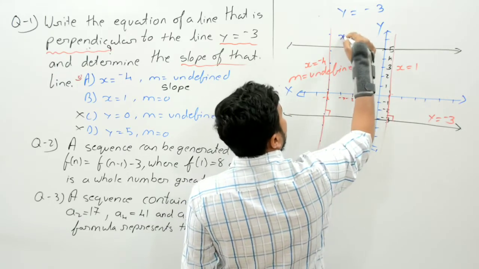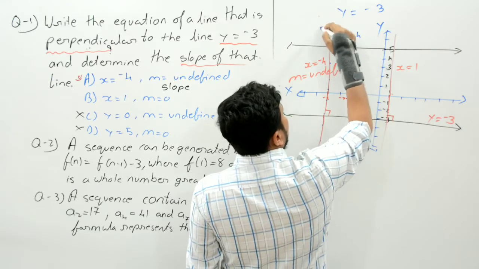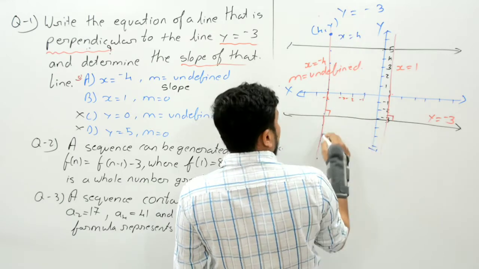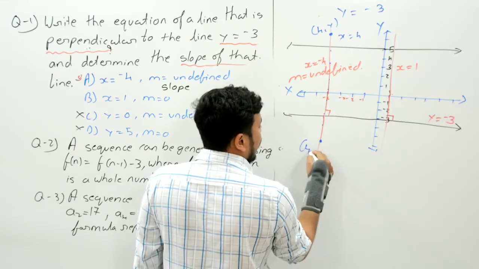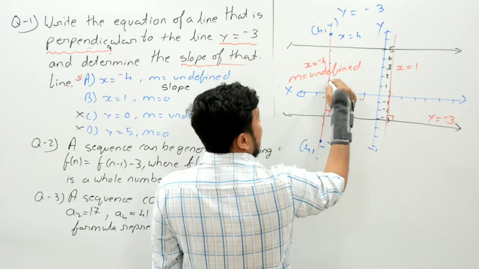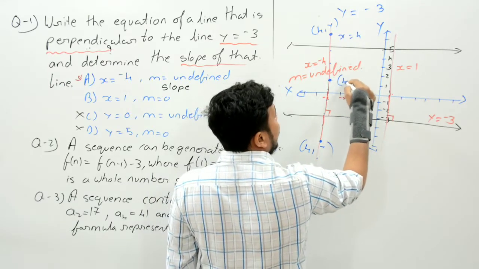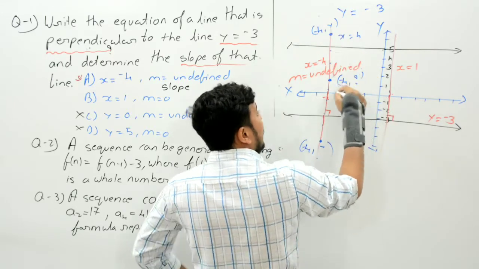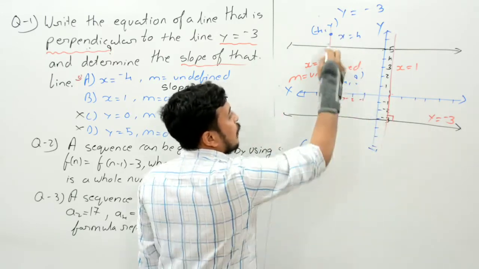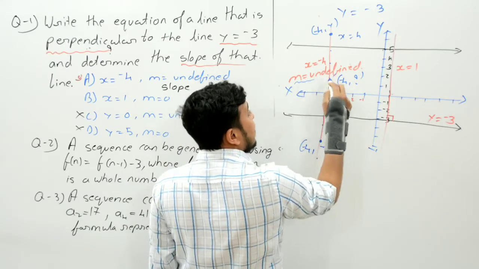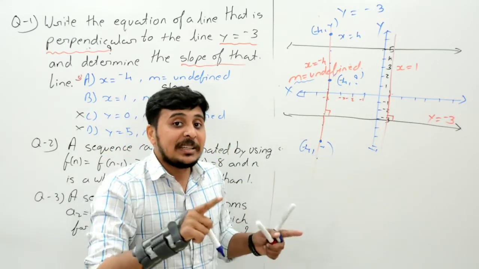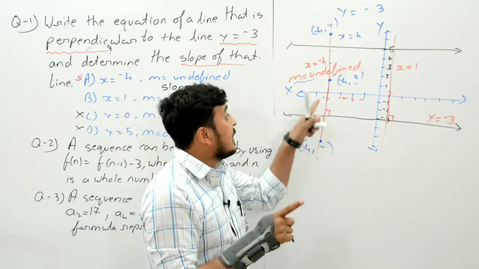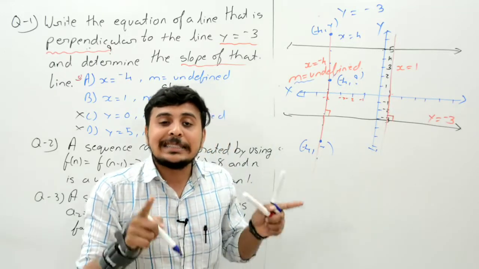will be 4. Take any point, the coordinate of that point will be 4 comma something. Here also the coordinate will be 4 comma something. Clear? Here also the coordinate of a point will be -4 comma something. Clear? Each and everywhere the x coordinate is -4 on the line. Why? Because m is undefined, and when m is undefined, the slope is undefined. It can be undefined when and only when all the x coordinates are the same.